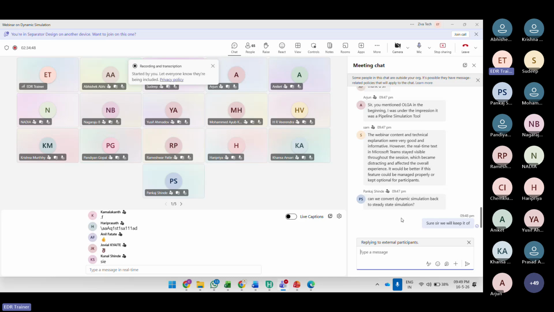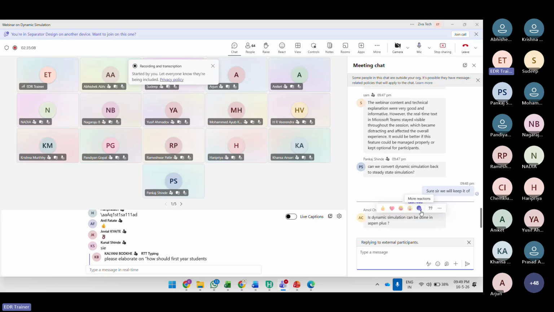The good practice is to keep the steady state simulation as a backup file, and then run the dynamic simulation. For a simple system you can definitely come back to the steady state simulation, but for a more complex system,